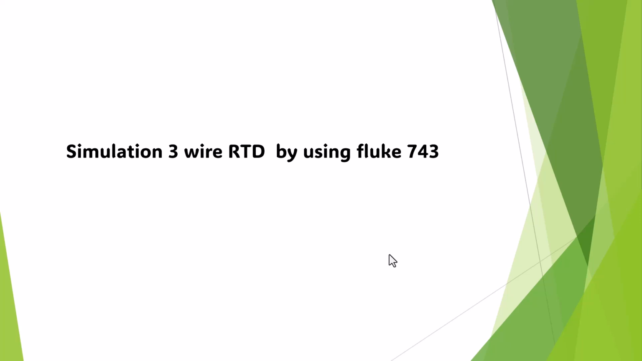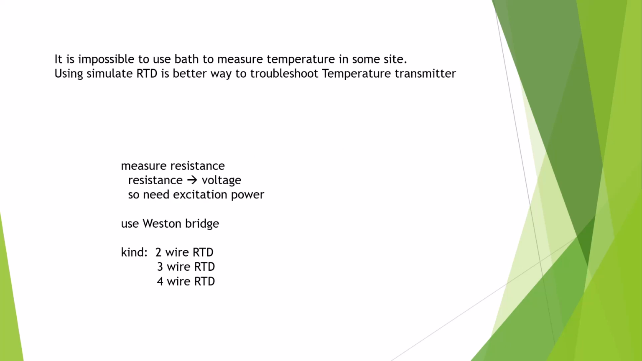Hi, today we talk about simulating a 3-wire RTD using the Fluke 743. RTD is very popular for detecting temperature in the plant. But on the work site, if you want to troubleshoot the RTD and temperature transmitter,